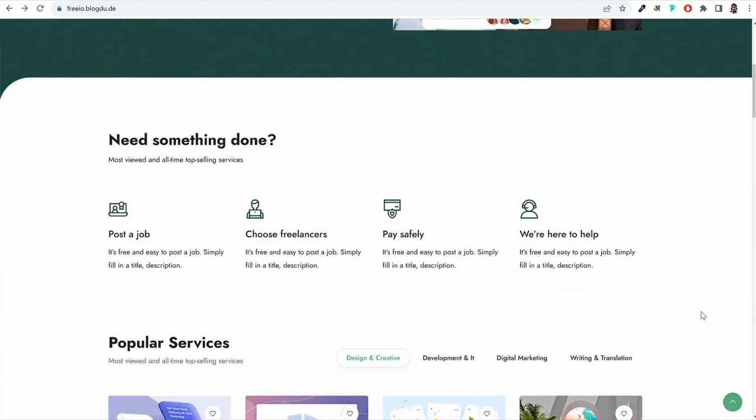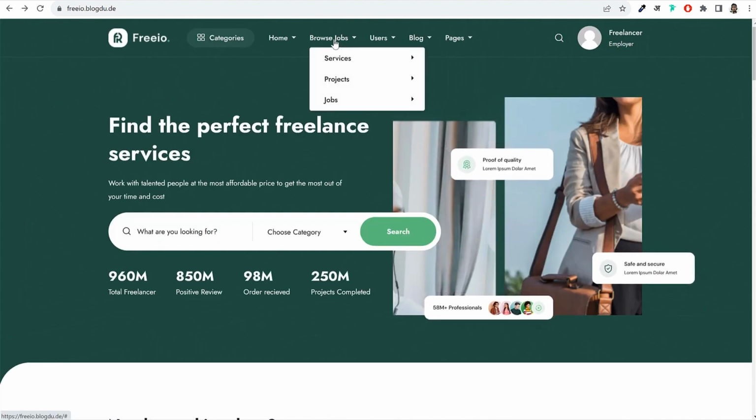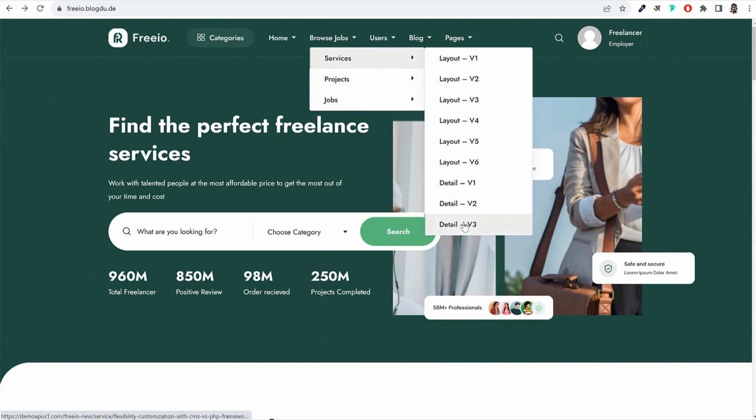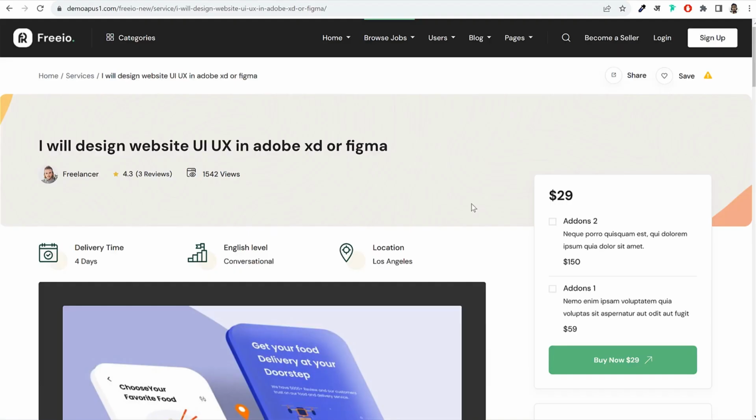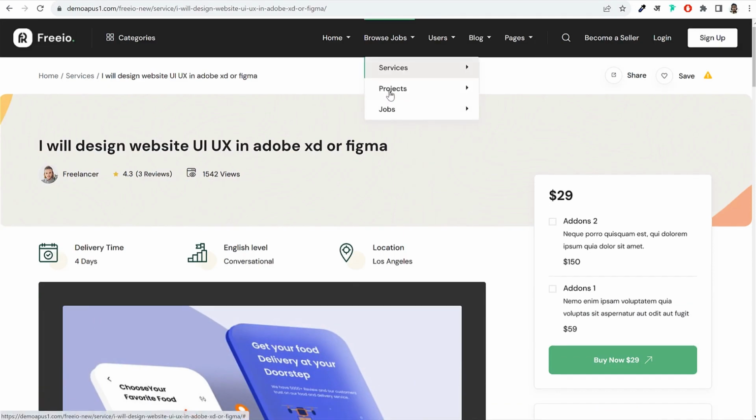Now also, if you see, there are different styles of single service pages. If you hover over browse jobs under services, you can see there are so many different designs of displaying a service page. If you see detail version 1, you can see this is how a single service page will look. Then after that, if you want to see another